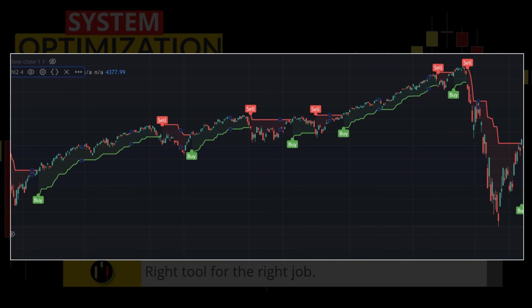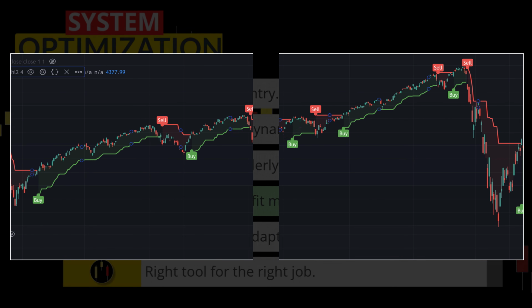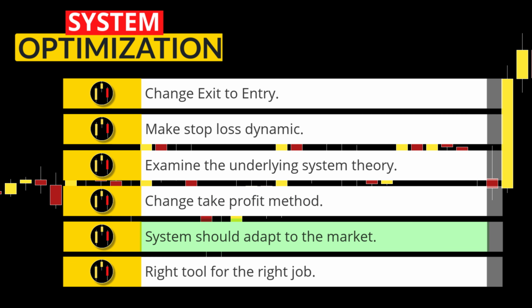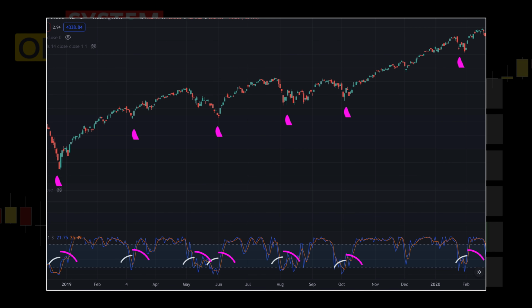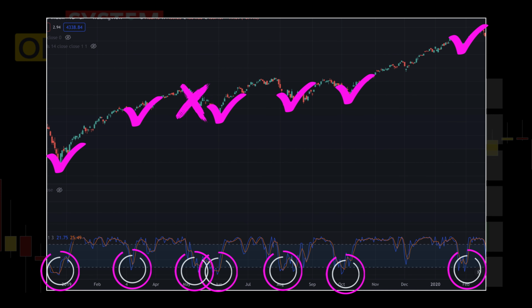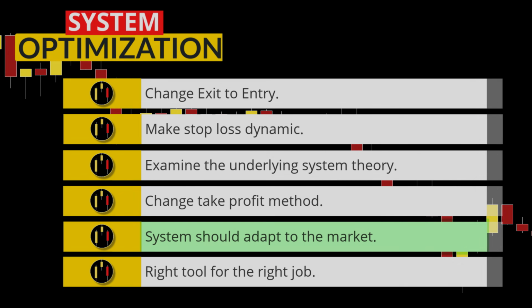In addition, you can change your profit target to be dynamic, but in a more profitable way. Look at the strength of these trades taken as a whole when exiting on the super trend signal. Next, in a strong trending market, you can keep things simple. But on this chart, entering when the stochastic goes from oversold to above the lower band would have gotten you 7 winners and 1 losing trade.